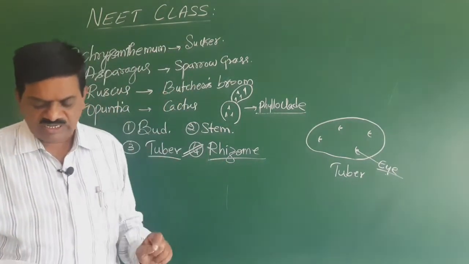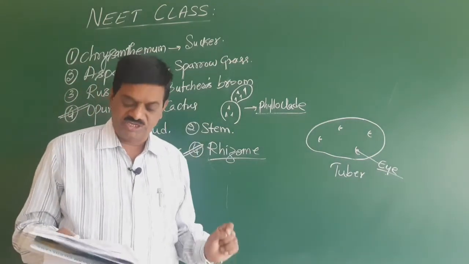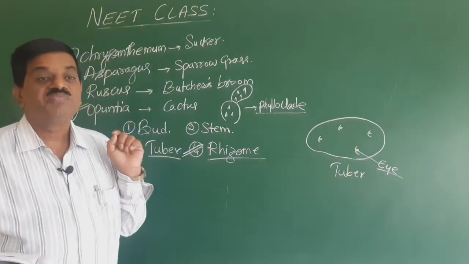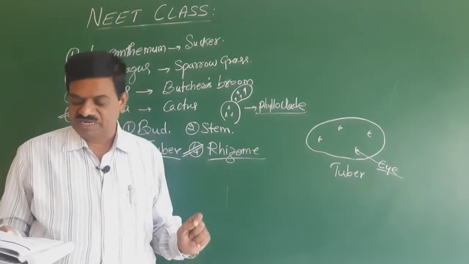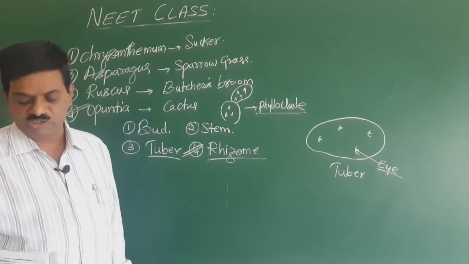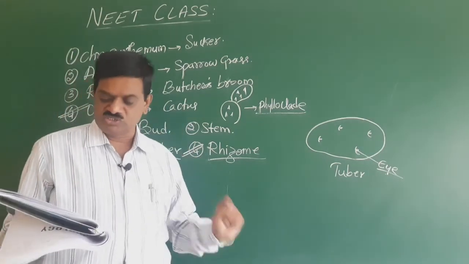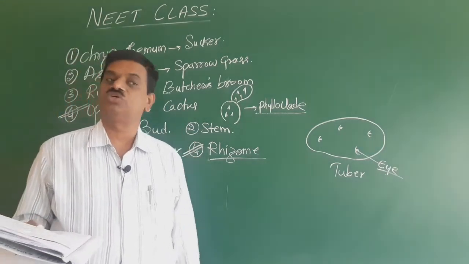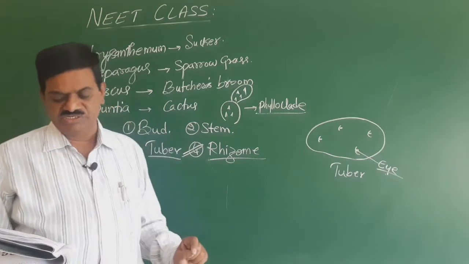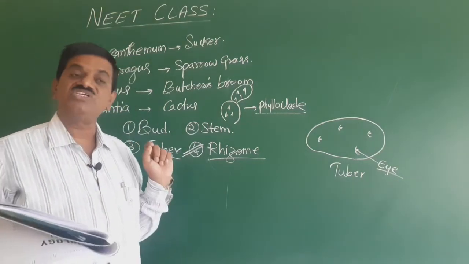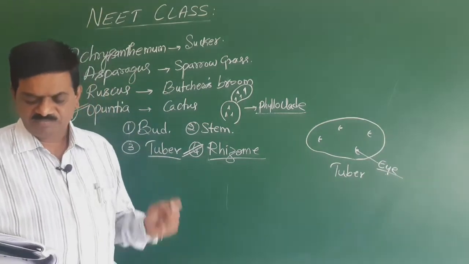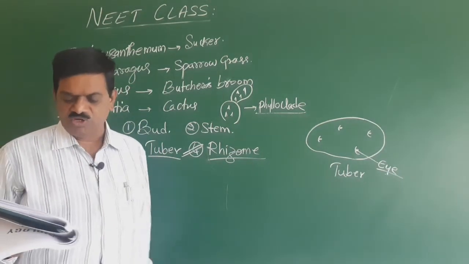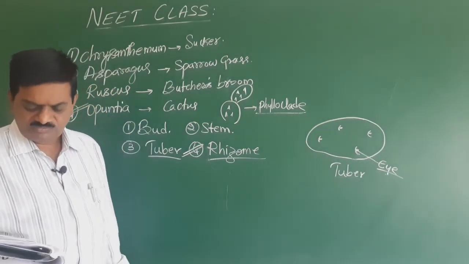So here we know that it is the modification present on the stem. So the right answer is stem, because roots are below the ground, spines will not be there. Leaf is also not the answer, stipules are also not the answer. So here in a citrus, modifications of a stem has the presence of thorns, spines. So that is the right answer. So we go for the next question.